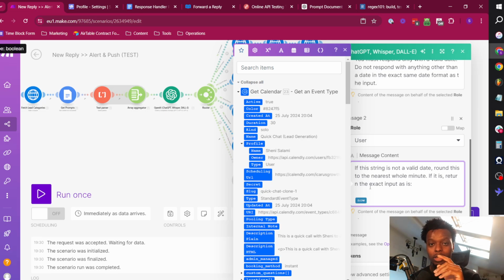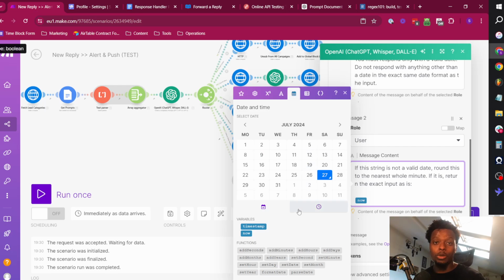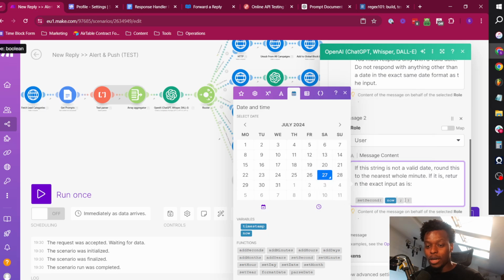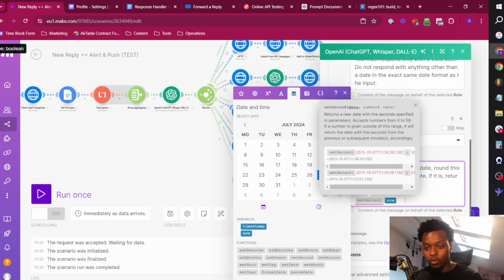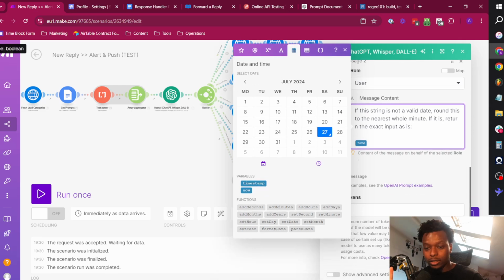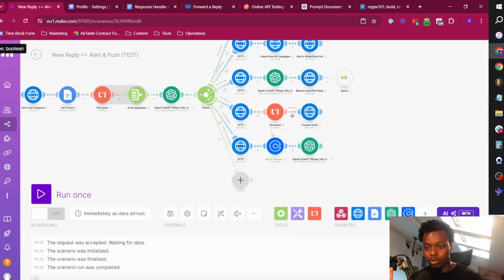The problem with, and again, this may be me just being stupid, who knows, I can't even use the set hour or set second module here, which would just take the timestamp and then spit out the number of seconds, because it will still read the timestamp as something that isn't a valid date. So if we do this and click on now, it should be fine. And if we then press go,